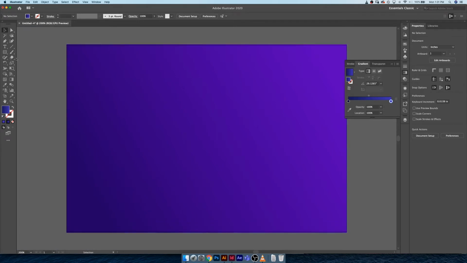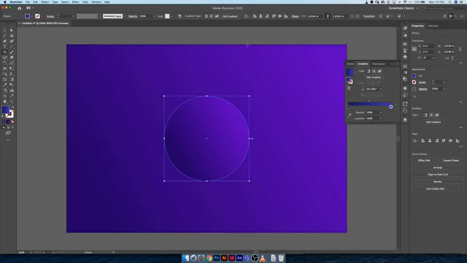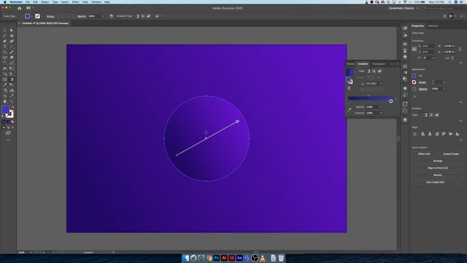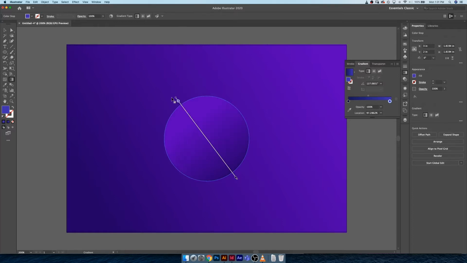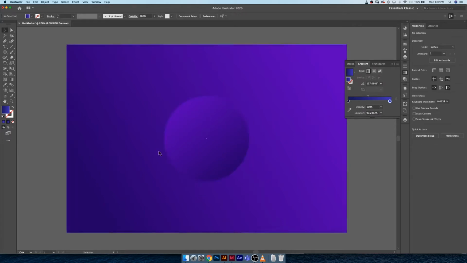The next thing I'm going to do now is create an ellipse. I'm going to use a circle, and I'm going to draw it out nice and big. I'm going to use our align tools to put it right in the center. And now we can look at the gradient tool in use with a circle. So you can see that if you change the angle here, we could probably move it and extend it out a little bit. There we go. So we're getting something already that looks pretty cool and very subtle,